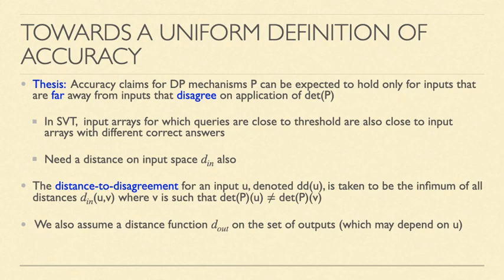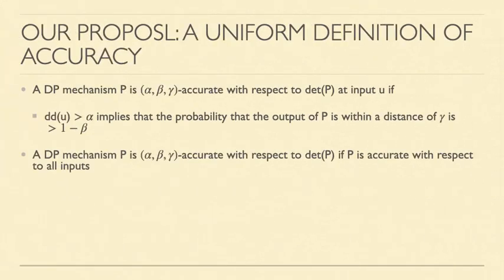Okay, and we also assume a distance function on the set of outputs. So we are ready to define accuracy. We have three parameters in the definition of accuracy: alpha, beta, and gamma. And what we say is that a DP mechanism, or differential privacy mechanism, P is alpha, beta, gamma accurate for input u if whenever u is at least alpha away from the set of disagreeing inputs, or when the distance to disagreement of u is at least alpha,